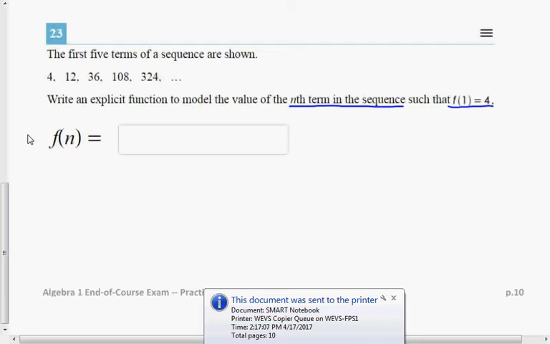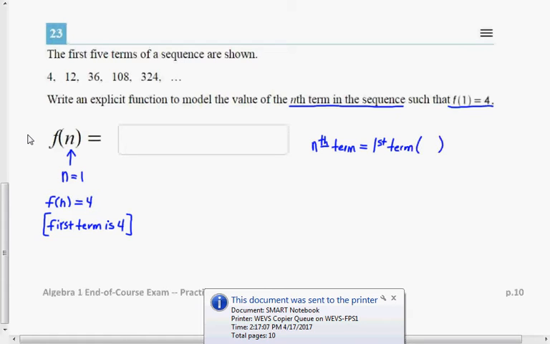What they're saying is that when n equals 1, f of n equals 4. In other words, when n equals 1, the first term is 4. And you can see that in the sequence here, that the first term is 4. And so what we can see happening here is that to find the nth term, we can take the first term